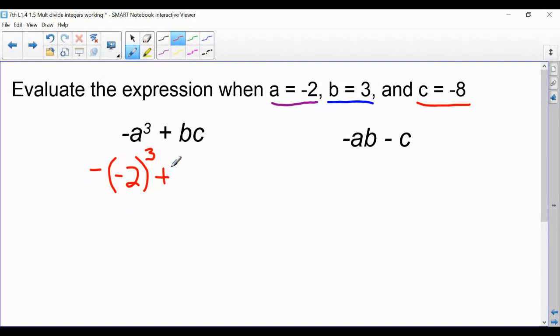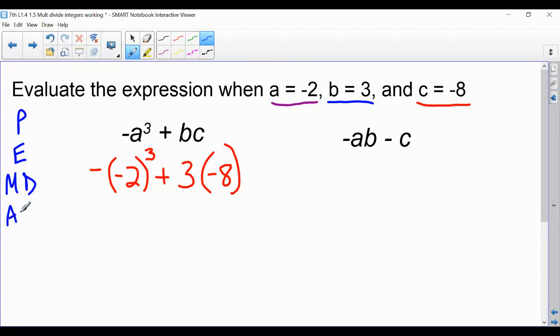And then plus b times c. Well, b is 3 times c, which is -8. So now here's our math problem: -2 to the power of 3 plus 3 times -8. So looking at our orders of operations, and if you need to keep it handy over to the side,